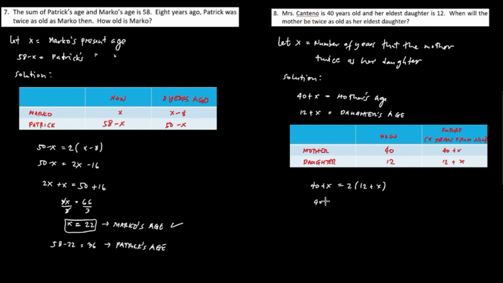So 40 plus x is equal to 2 times 12 or 24, 2 times positive x or plus 2x. And 2x transpose positive x, that's negative x, and it is equal to 40 transpose 24 to the other side or negative 24. 2x minus x or x is equal to 40 minus 24 or 16. So x is equal to 16. So 16